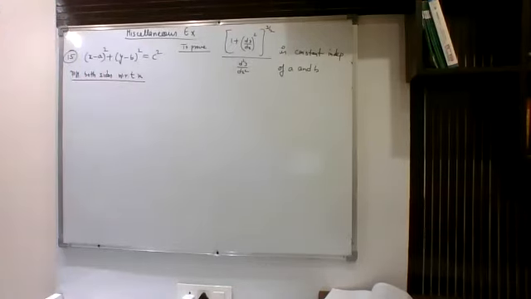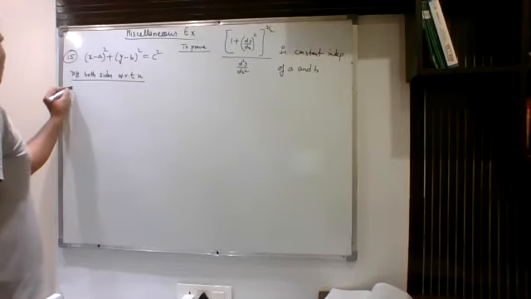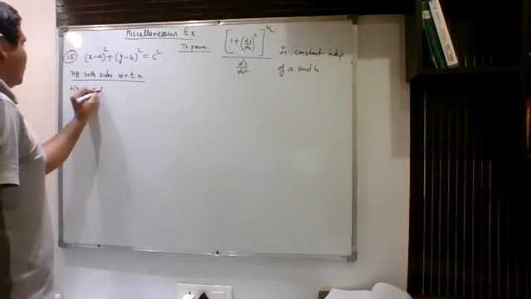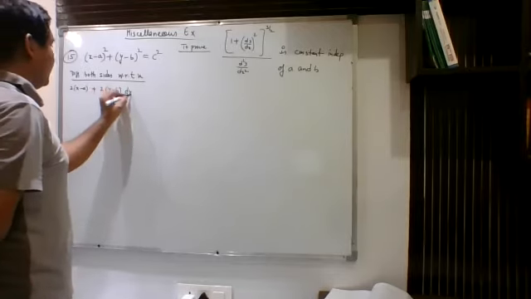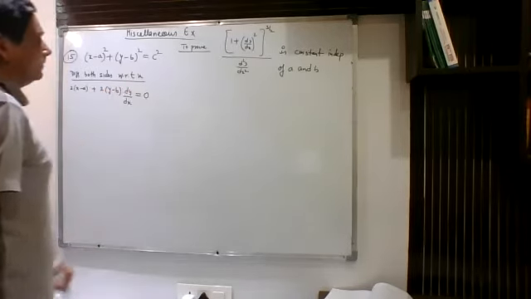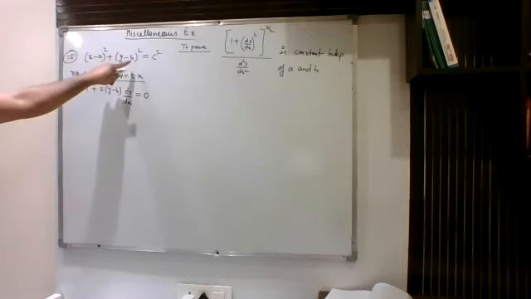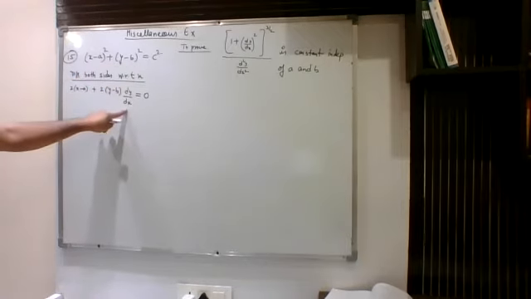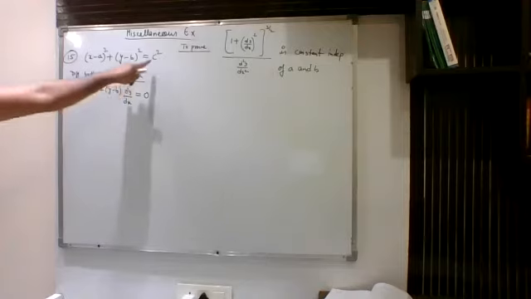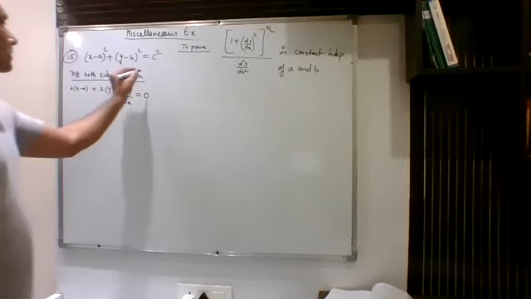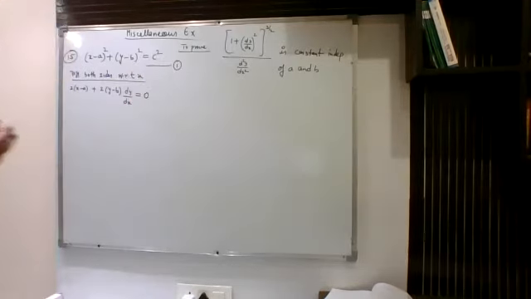When you differentiate both sides with respect to x, this can be written as 2 (x minus a) plus 2 (y minus b) dy upon dx is equal to 0. The derivative of (x minus a) whole square is 2 (x minus a), then the derivative of x minus a is simply 1. That is why you will get this term. Now when you differentiate this, it will be 2 (y minus b), and the derivative of y minus b is dy upon dx. a, b, c are constants here. The derivative of c square is simply 0. Let us call this equation number 1. We will utilize this later.